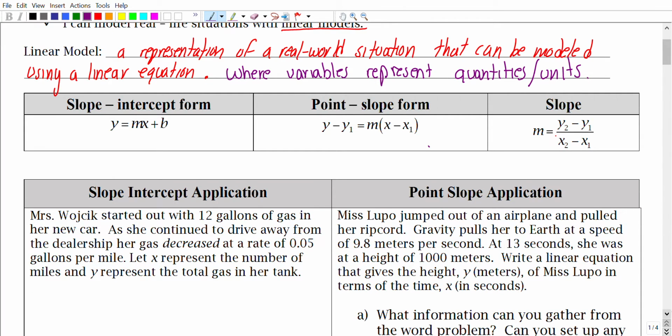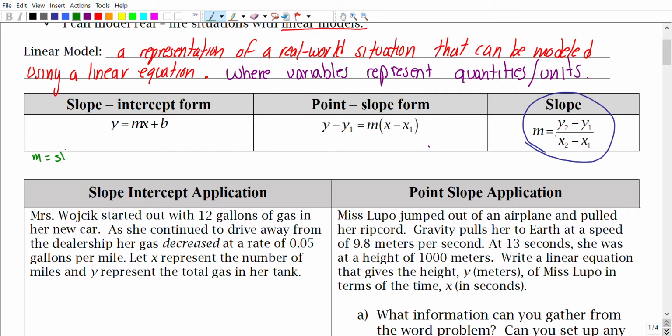in our linear model. Just to recap, we have our two forms of writing a linear equation: slope-intercept form or point-slope form. Over here on the very right, we have the equation for how we can find the slope if we ever need to calculate it when given two points. Because we are talking about real-world scenarios, I want to make sure we go over, just like we did in chapter 1 and actually chapter 2 as well,